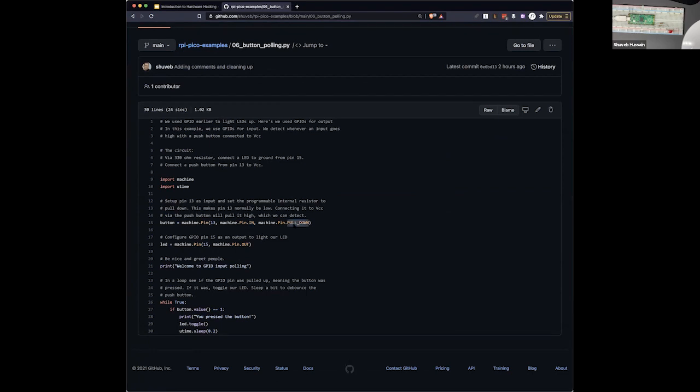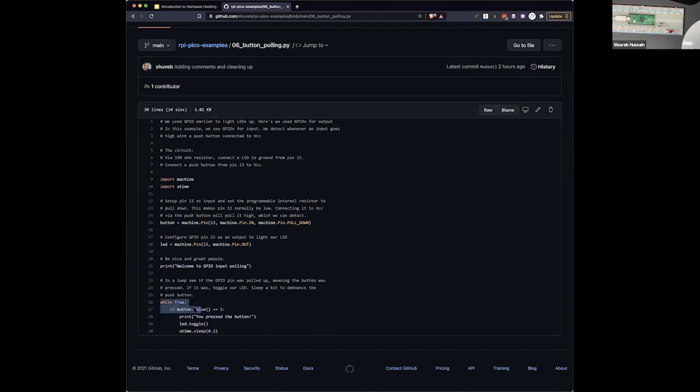Then we are saying pin dot pull down, which means we are programming the internal resistor to pull the pin down to 0. When you press the button, it will make the pin go high to 3.3 volts, which will be read as a 1 when you read the memory mapped variable which corresponds to the pin. That's what is happening. And again, we have an LED as well, so we need to set that pin to output mode.